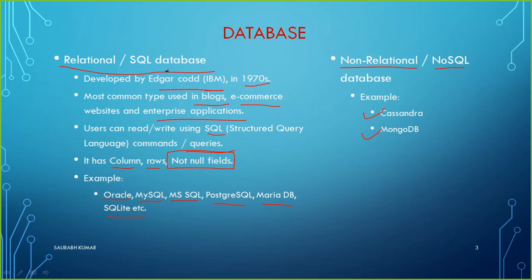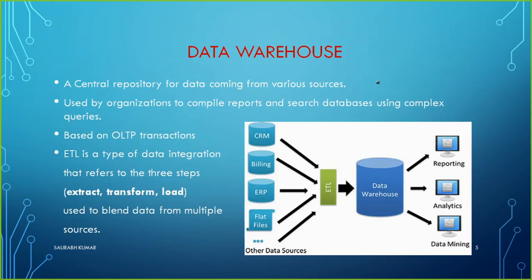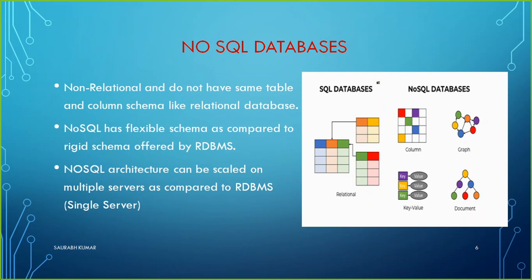What is the major difference between relational and non-relational types of database? We can understand by having a look at a picture here. This is what a SQL database is, where the data is in columns and rows, and they have some relation with each other. Whatever information is kept here, some unique ID is followed, and they have a relation with each other. By using that unique ID, you can fetch the data from wherever.